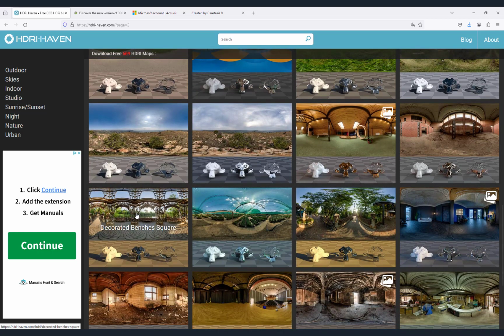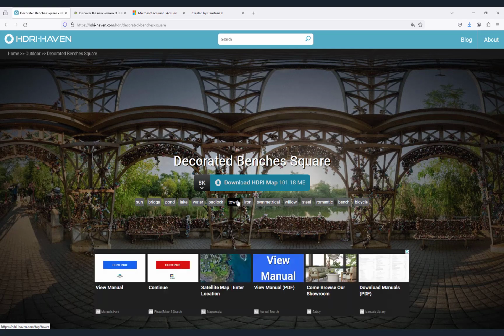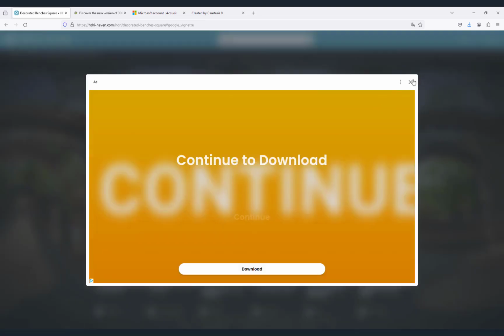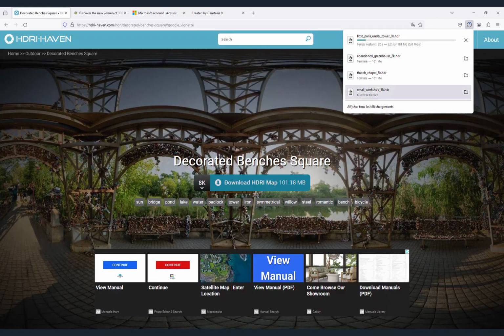For example, I will download that one. So you just have to click on the HDR you want to download. You click on this button. So for sure, as it's free, you have plenty of ads. But anyway, I will close that one. And then